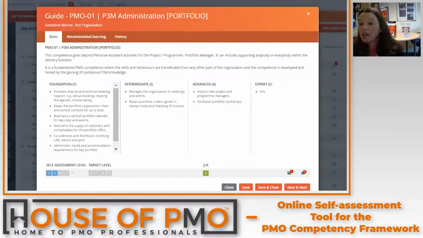This is why the reflection side of it and the evidence side of it is the bit that takes a little bit longer, because you yourself will know in your particular role, in your organization, there will be other things that you do in your role that will feel, think about some of the stuff I'm doing. Well, actually, it's probably not foundational level. It feels like it's more intermediate. These indicators are giving you some examples,